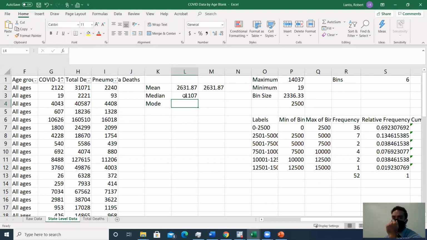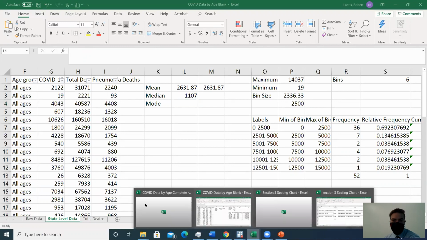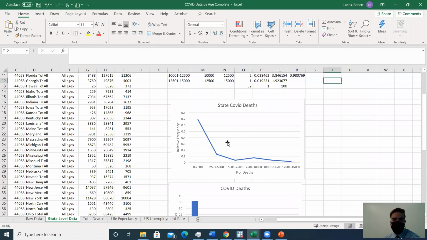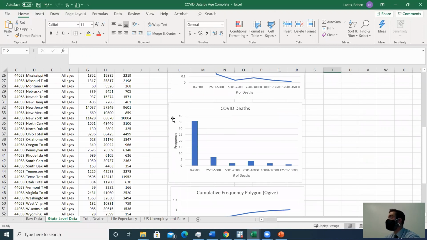So just looking at this, kind of doing a callback here, my mean is much greater than my median. So what type of distribution would I say state COVID deaths have? Right skewed, yeah. Because my mean is greater than or to the right of my median, right? I don't even have to see the histogram that we created from last class, but if I did want that, if I have the file open still, yeah, here we go. Have a long right tail, right? Really long right tail. It was a weird distribution.